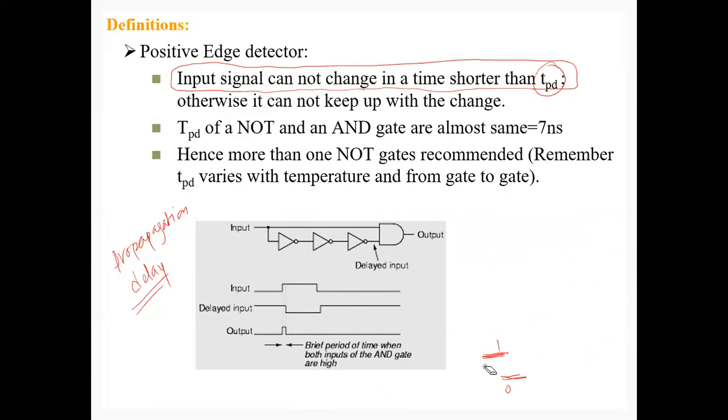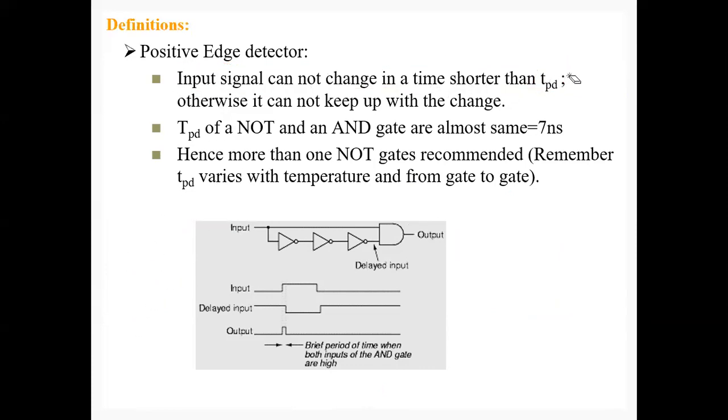So what you can do here is, if you want more propagation delay, then you can use more gates. Suppose your signal passes through this NOT gate, but the propagation delay here is less, let's say 7 nanoseconds. But you need that this propagation delay